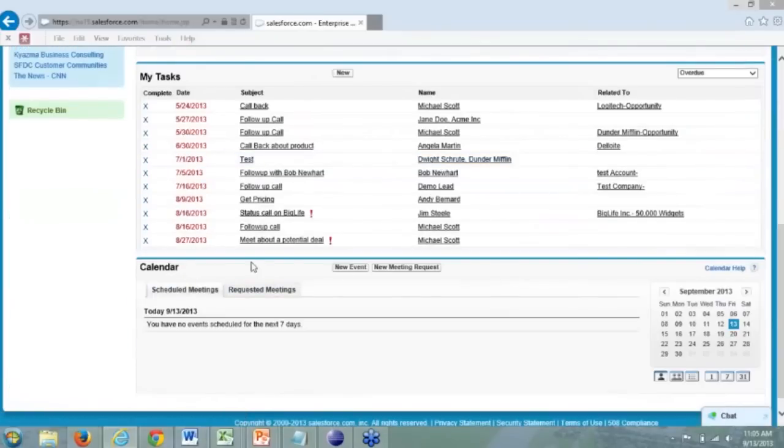I've also got calendar events. Salesforce provides you a calendar that you can manage inside Salesforce if you'd like, or if you want to do an integration with your Outlook, Salesforce does have means to allow you to pull in calendar events there. But as you can see, we don't have any calendar events right now, but I can create a new event